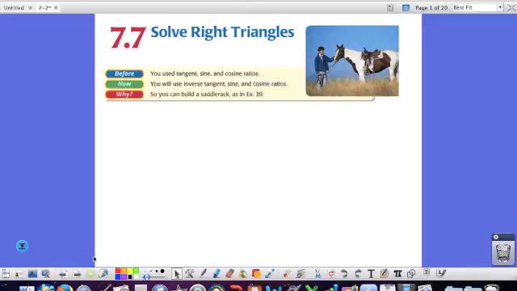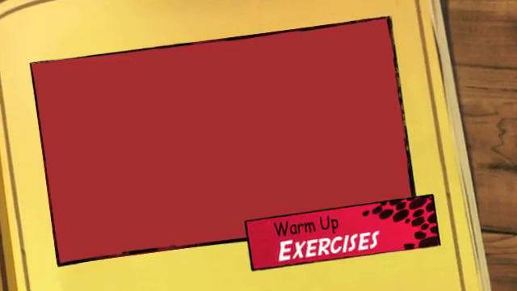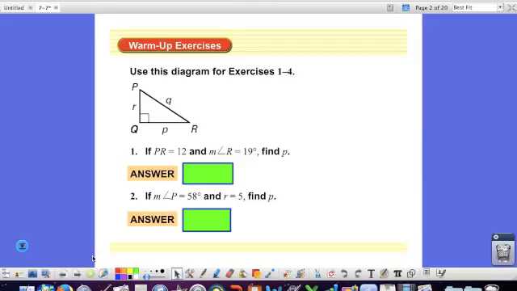So now we're going to use inverse tangent, inverse sine, and inverse cosine ratios to find all missing angles and lengths of right triangles. In our warm-up exercise today,